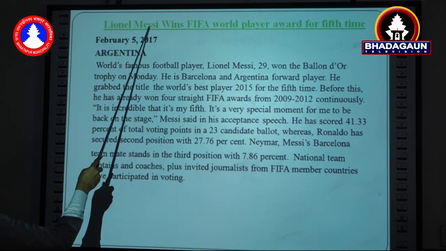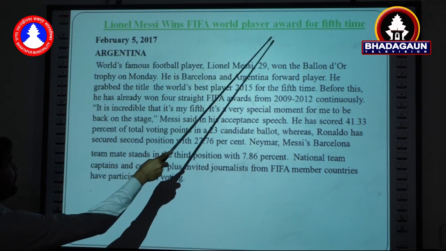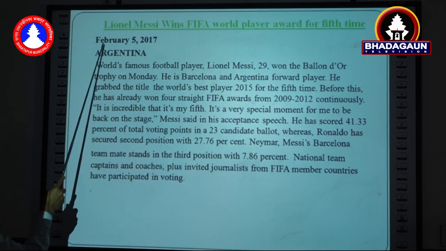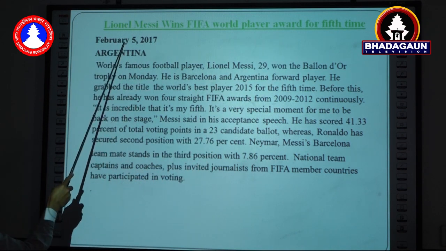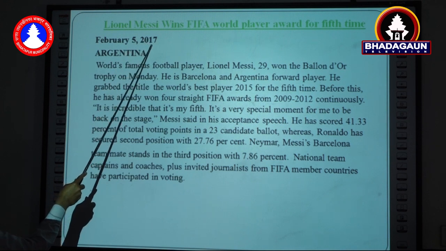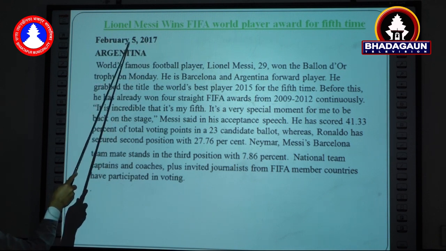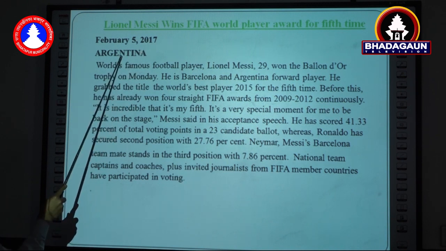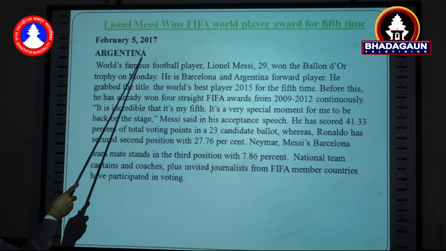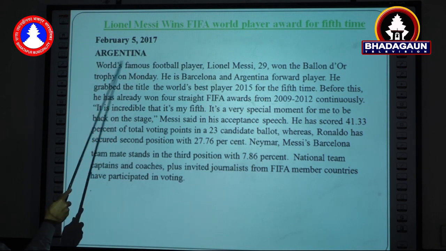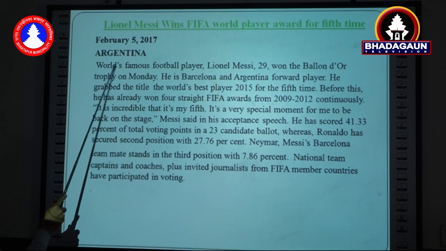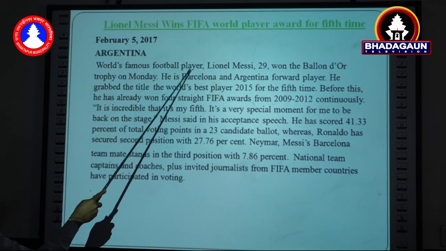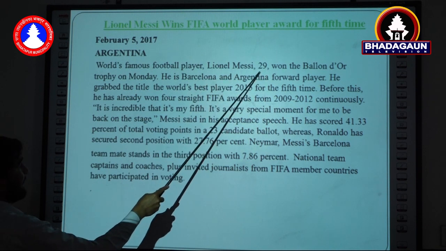So, Lionel Messi wins FIFA World Player Award for the 5th time. This is the headline. Now, deadline: February 5th, 2017. Though this is an old one, right? Then this is the place line, Argentina. Here the byline is not written. I forgot this one. So, by a staff reporter, you can say,